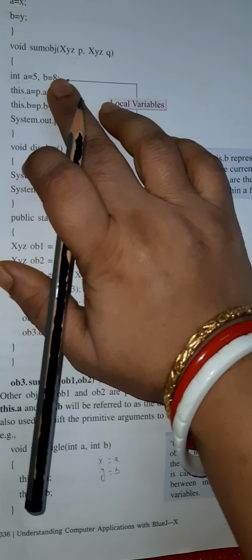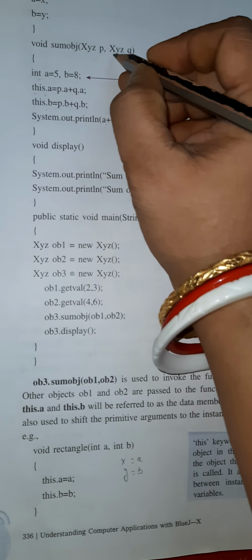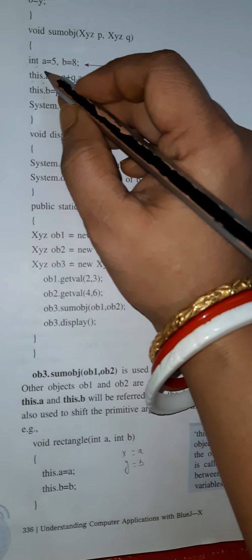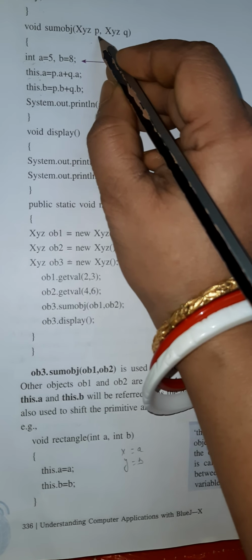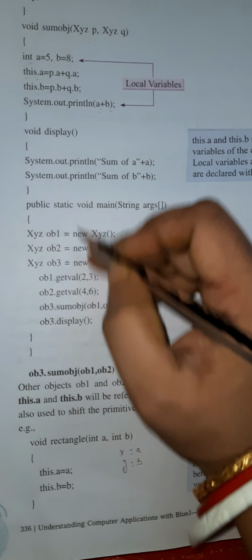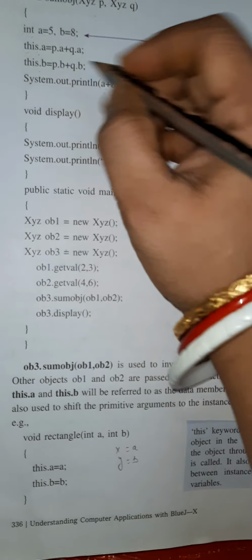Here it is a local variable, but I want it as a normal variable which the object should be passed. So when this a and this b are used, it will take the values 2 and 4 for a and 3 and 6 for b.